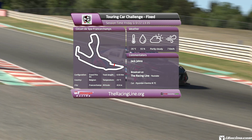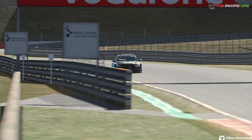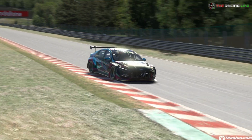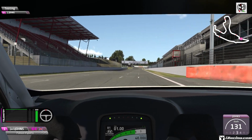All circuit guides are run with the sprint setup, same format as before, breakdown lap followed by a full speed uninterrupted lap followed by an off-board lap, and as usual this of course is filmed before the week has begun, so it's difficult to compare lap times, but let's see if we can help you guys find some time. So here we go then, coming down the main straight, starting off on the right hand side